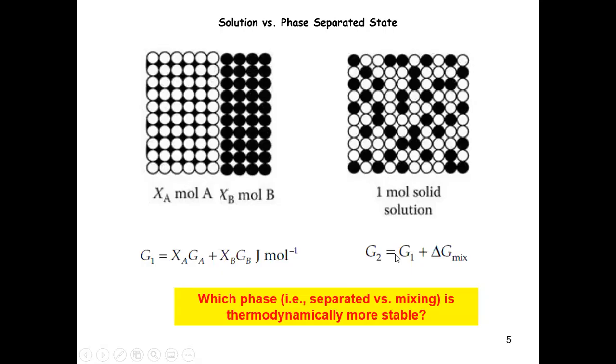And for simplicity, because eventually we're going to compare G2 with respect to G1, we'll just write down G2 with reference to G1 as G1 plus delta G